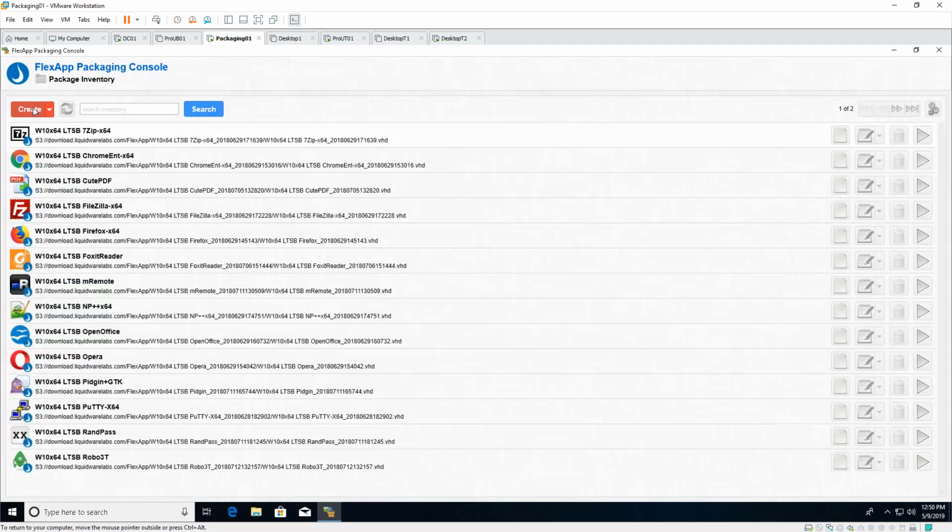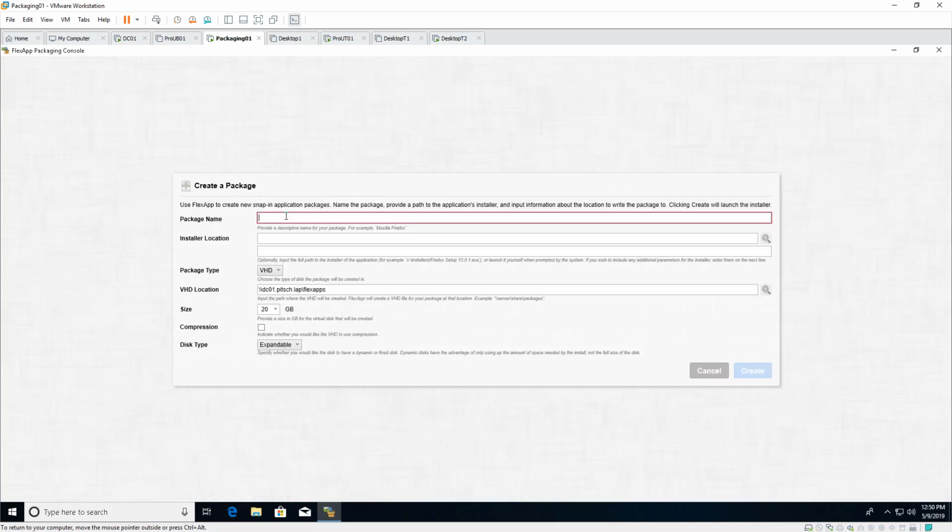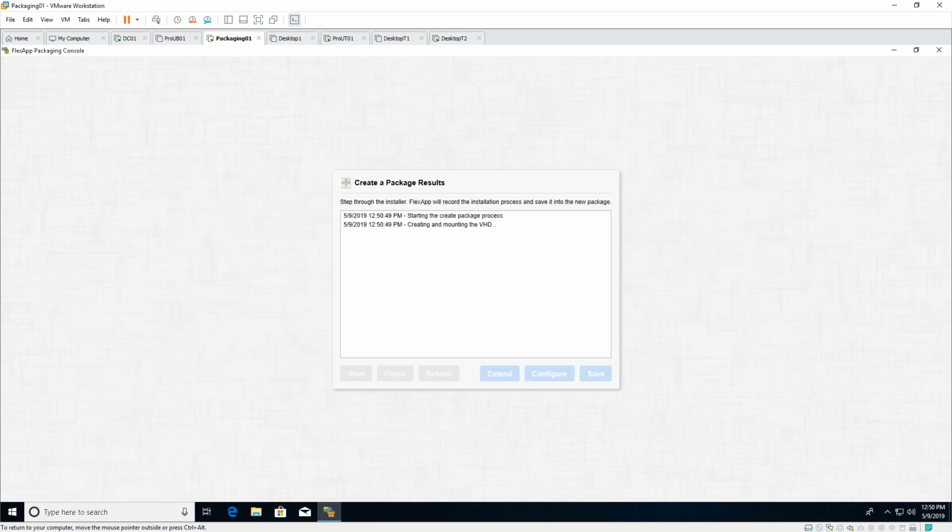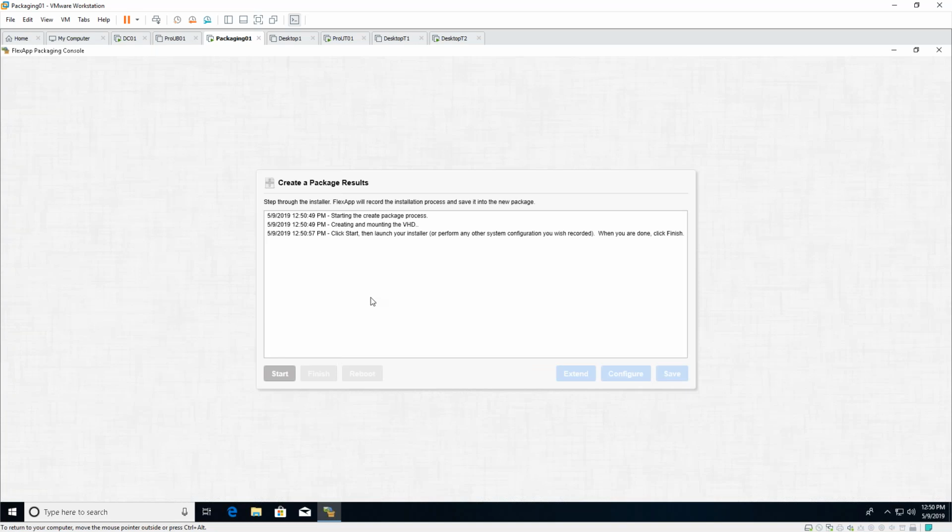But what I want to do is quickly create a package. So I am going to do OpenOffice. I'm going to make it into a VHD, and put it directly into my repository. I can also type in my own size. It doesn't have to be one of these, and I choose whether the disk is going to be expandable or fixed. I hit create. Now it's getting itself ready for the capture. And when this comes back, there we go. Now all I have to do is hit start,